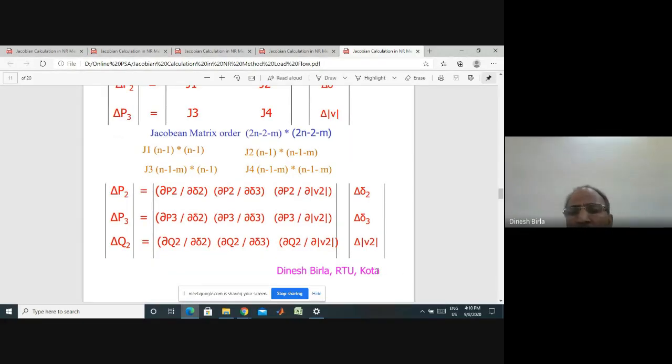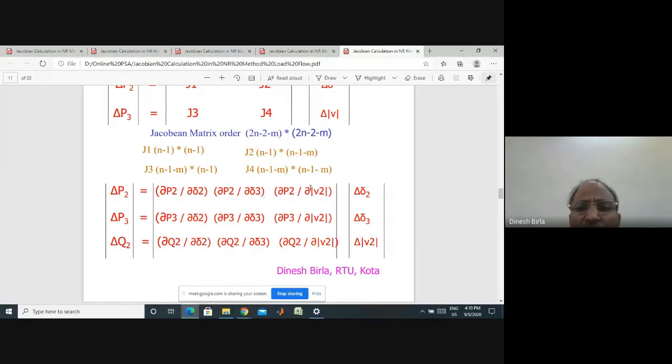Had there been two more voltages, then in place of one reactive power Q2, there would have been Q2 and Q3, and there would have been one more angle, del V3. In that case, each of these rows would also have extended by one, and similarly the columns, to take into account the active and reactive power and their variations.